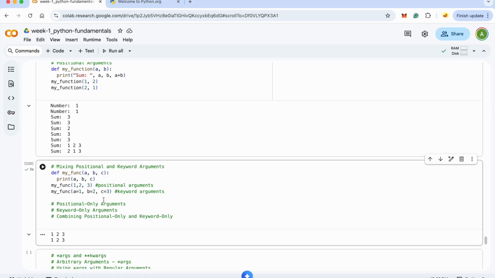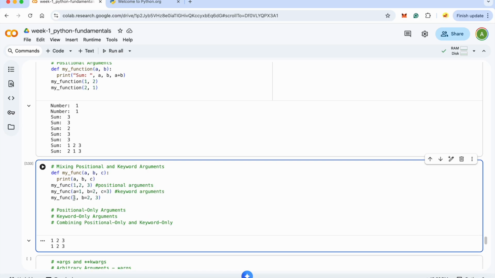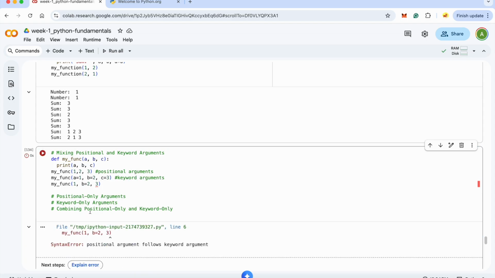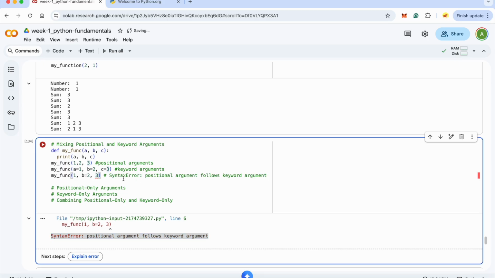Now if I want to mix them, I could do something like calling the function with 1, comma, b equals 2, comma, 3. So 1 will be mapped to a, b will map to b and 3 will be mapped to c. Let's see if it works or not. I think it will not work, right? The reason being that a positional argument cannot follow a keyword argument, right? So I need to define it something like c equals